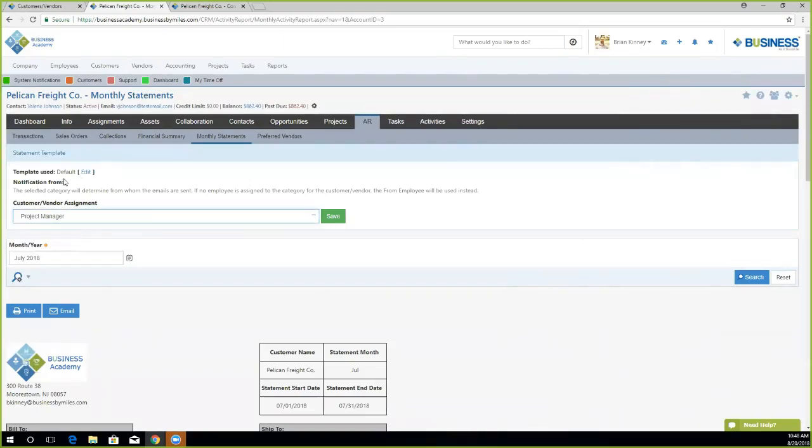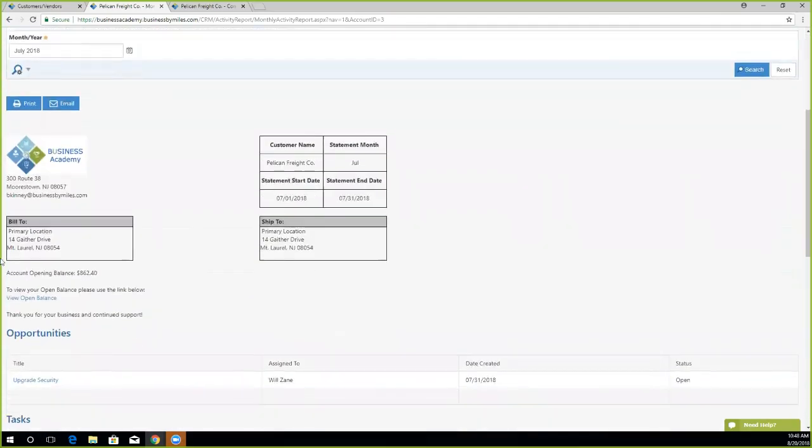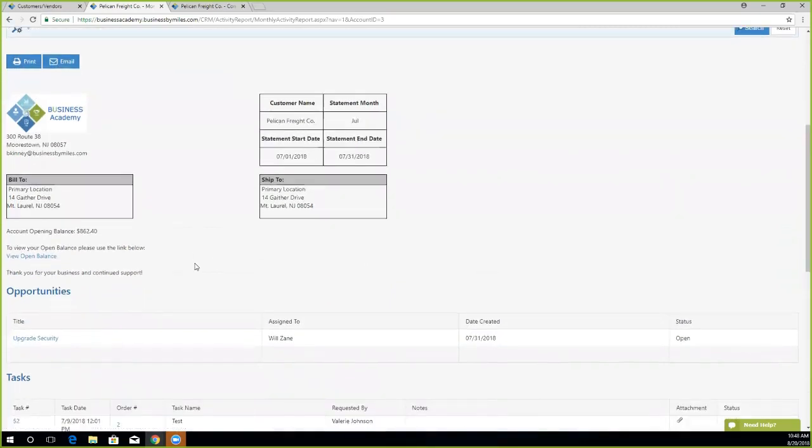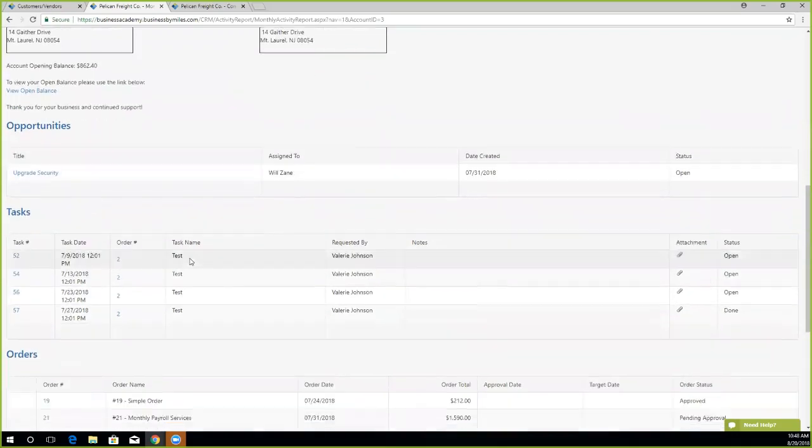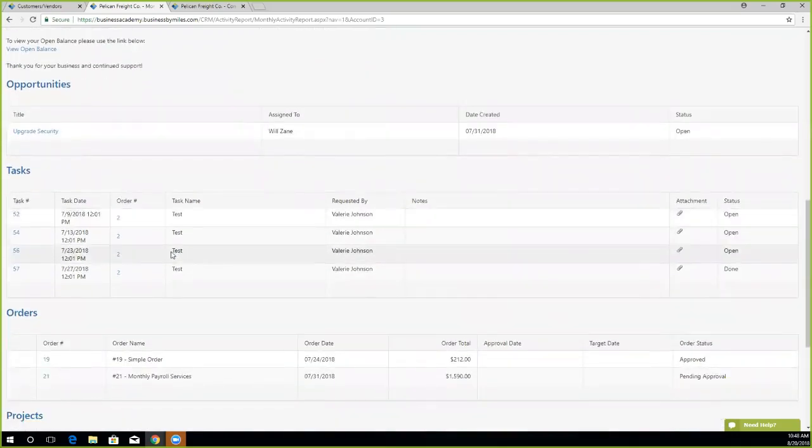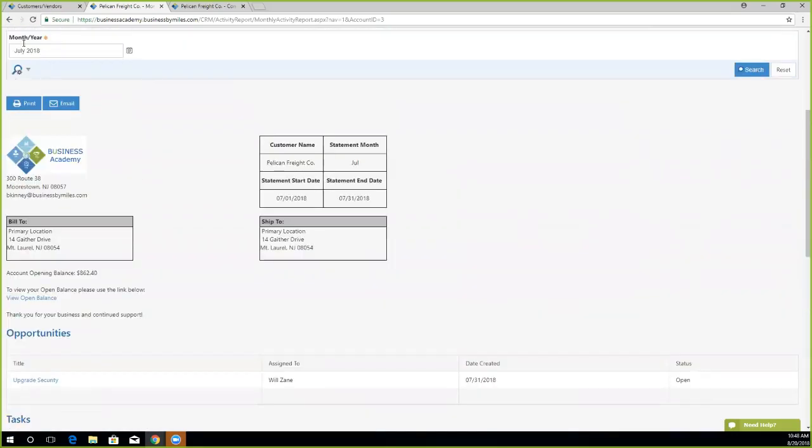We can also change the template. Now below is the template that we have set up in our settings. We can choose to print or email that monthly statement. Now as we go down, we'll see exactly what the monthly statement will include based on the month and year